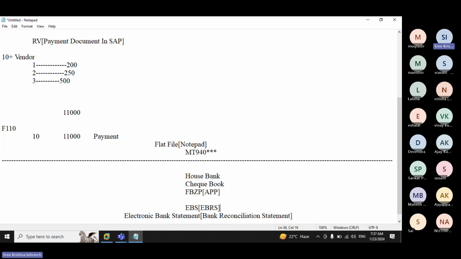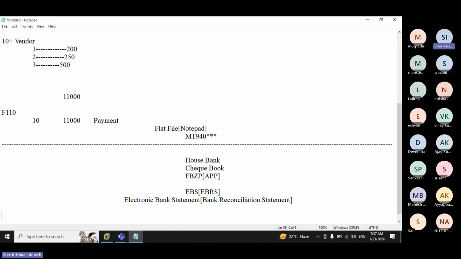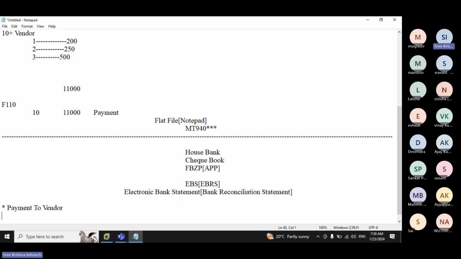Whenever you come to the electronic bank reconciliation statement, the standard methods we have are 3 types. Payment to vendor. Not only vendor, in general expenses also we pay against anyone. That is our process. And here, for easy understanding purposes, I am giving vendor information. That's it. So the second one is